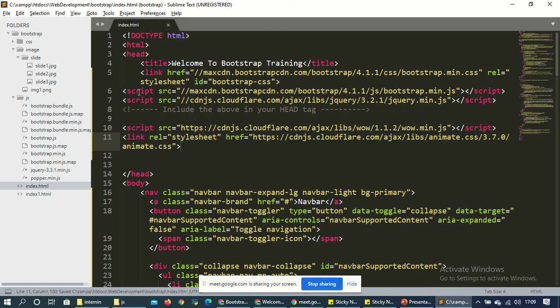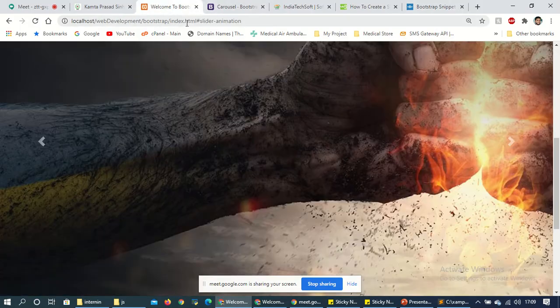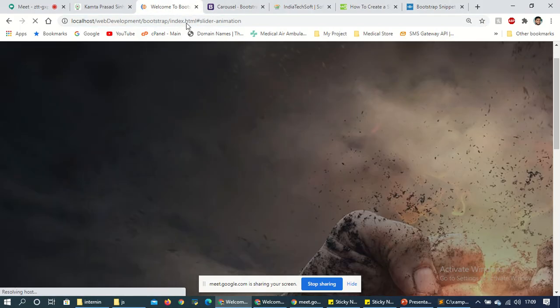Sometimes the JavaScript we have downloaded does not work, then we have to give the CDN. So here I am using the CDN, https cdn script maxcdn. Now let's check again.